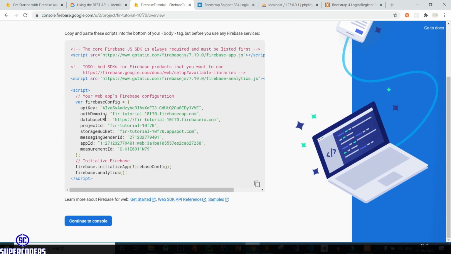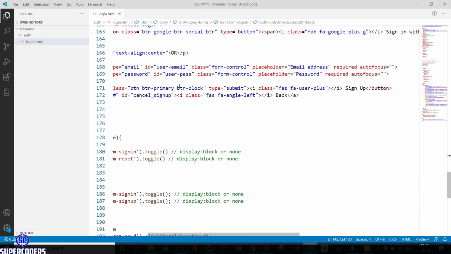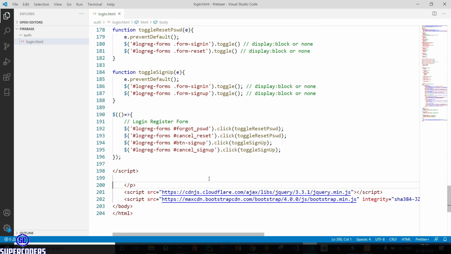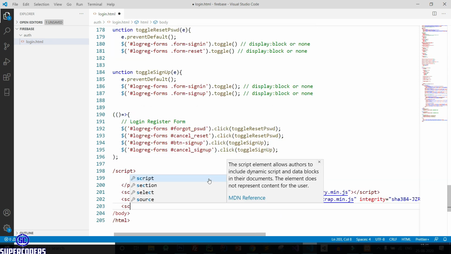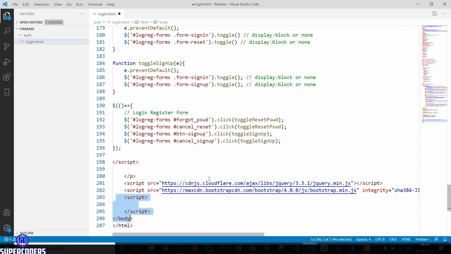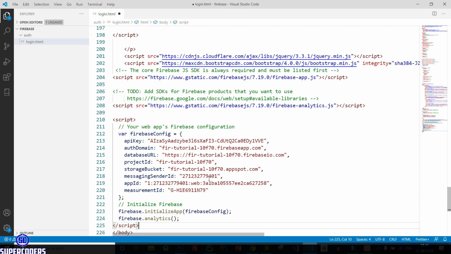Now you can see, you can simply copy this code and paste in your HTML page. So here pasting the code, script, or remove it, paste the code, save it.